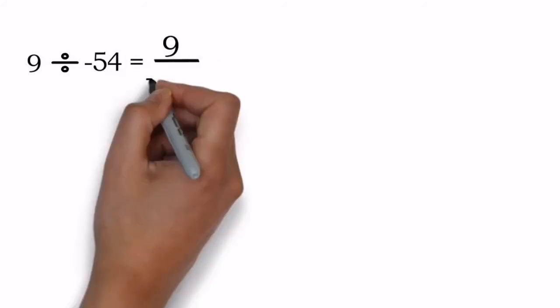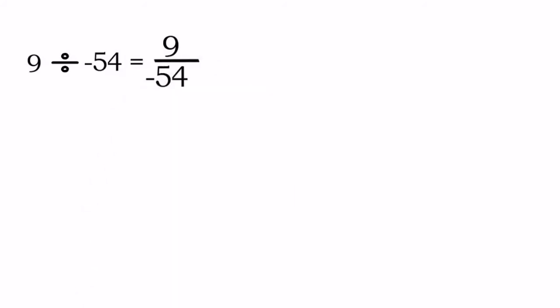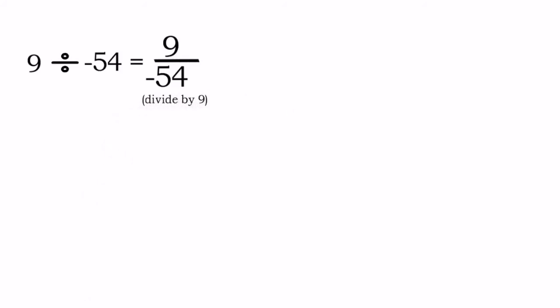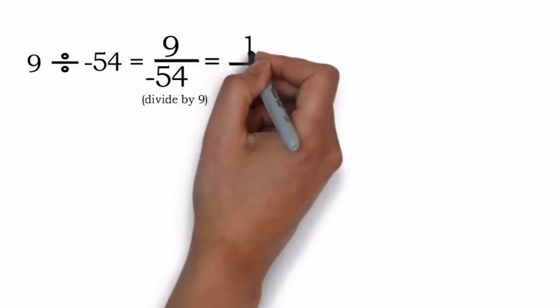Okay, so let's find one more sum, that is 9 divided by negative 54. Very first step, we have to write its fraction form. It is written, correct? And now what do we get? In 9's table we get 54 or not? Yes, we get 54. When we divide it by 9, in the numerator we are left with 1, and in the denominator we are left with 6, correct or not?